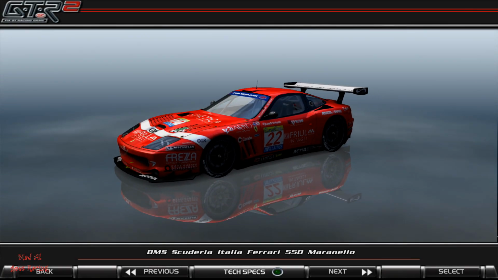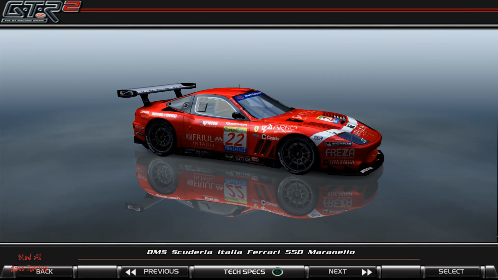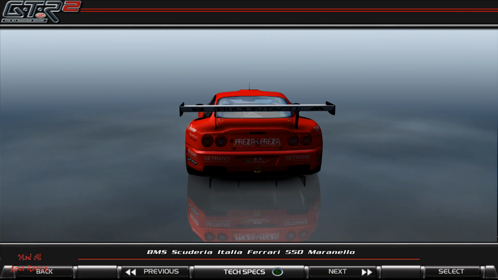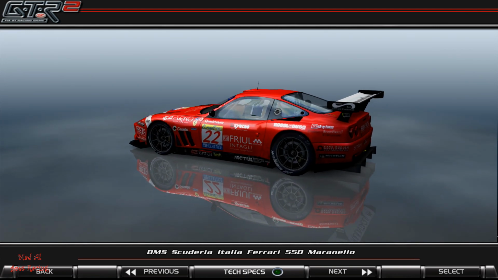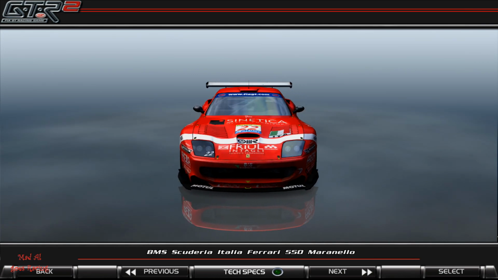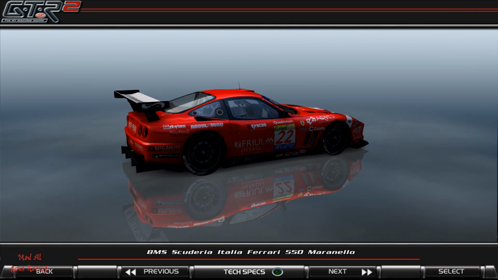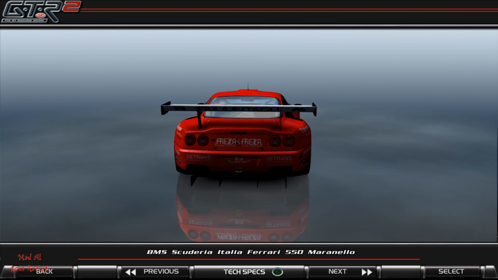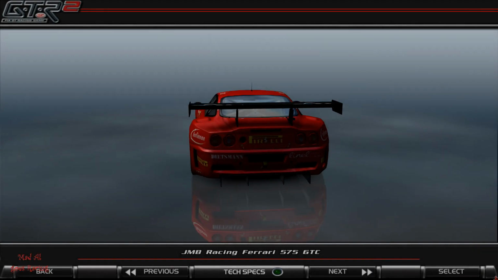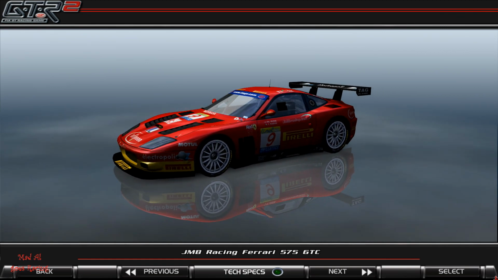If, like me, you're a fan of the GT cars in Simbin's GTR, the GTR2 follow-up to it, and in Race 07 with its slightly limited field of GT cars in the GTR Evolution expansion, then you'll like things like the Ferrari 550, the 575 GTC,